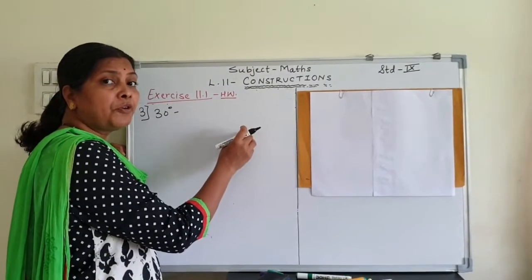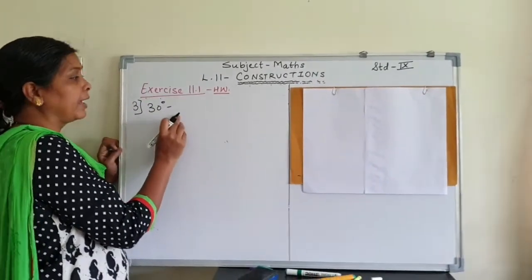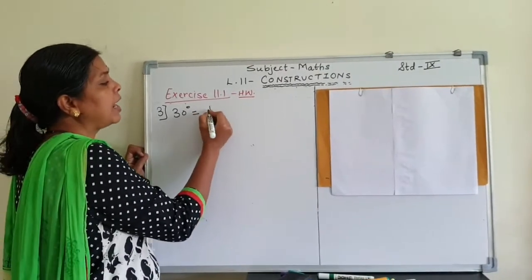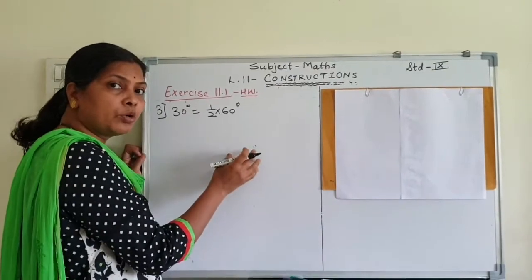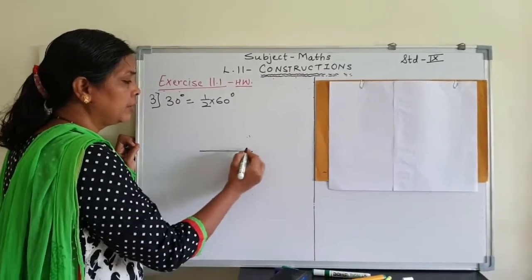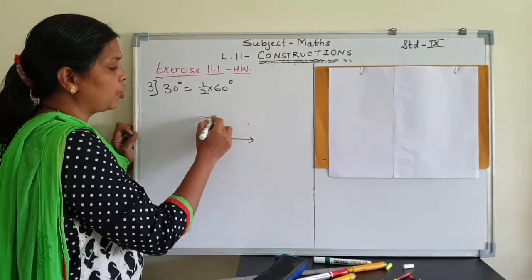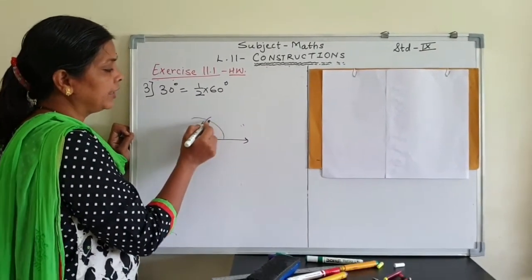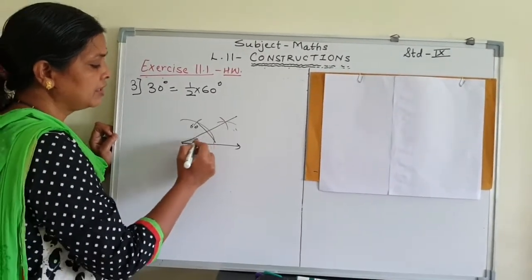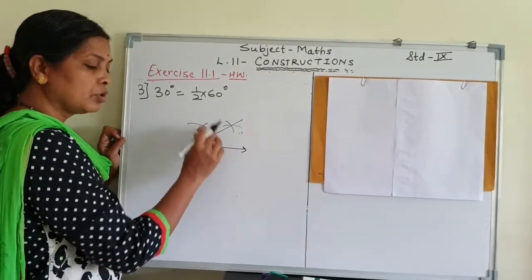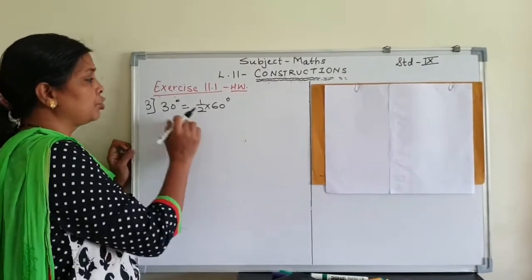So the justification for the 45 degree angle you have to write on your own. Now we will move to the 30 degree angle. Now you know that a 30 degree angle is half of 60 degrees, and you know how to construct a 60 degree angle with compass and ruler. So I am not going into detail. Draw an arc from a convenient radius, same radius, draw an arc. So this will be 60 degrees, and then from this to this, more than half, draw an arc. So this will give us a 30 degree angle. So this is completely homework. You have to only draw this and you have to show this.